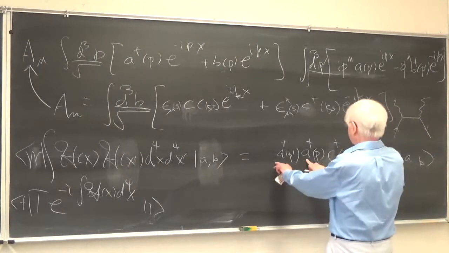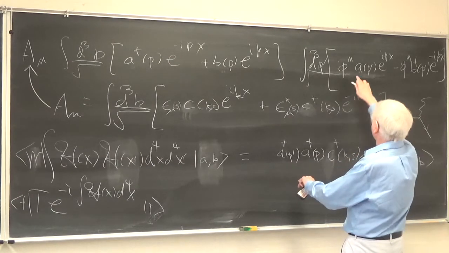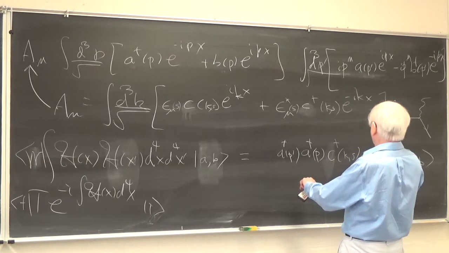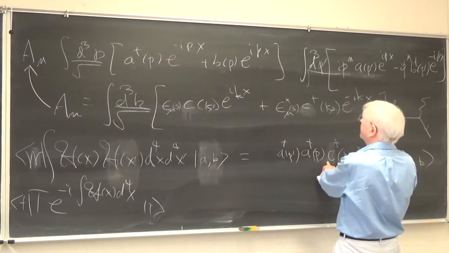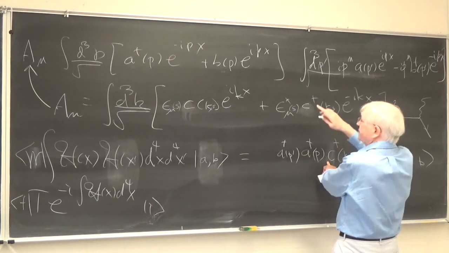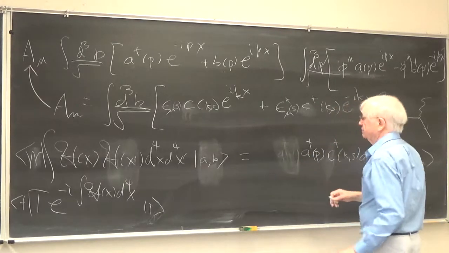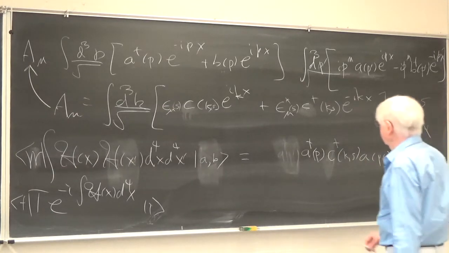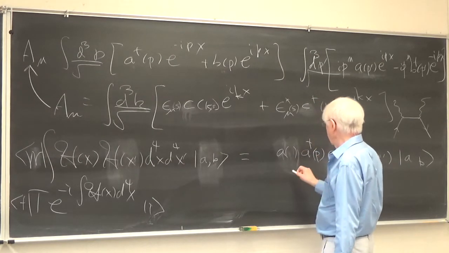Well, wait a second. I've got two of these. Hold on a second. So, from this one, I'm using an A. From this one, I'm using a C dagger. And then from that one, I'm using an A dagger. Okay. Now, for the second term, I'm again going to use an A, which will annihilate this guy, so P triple prime,